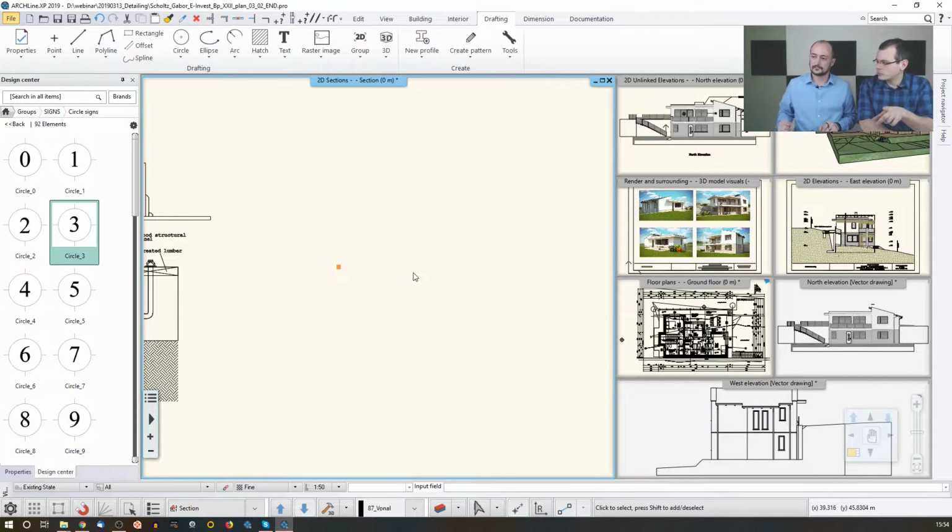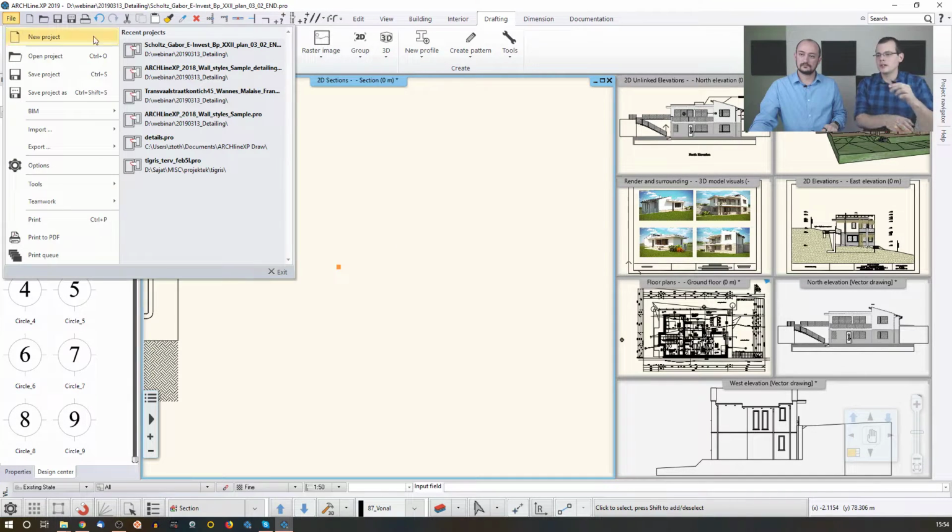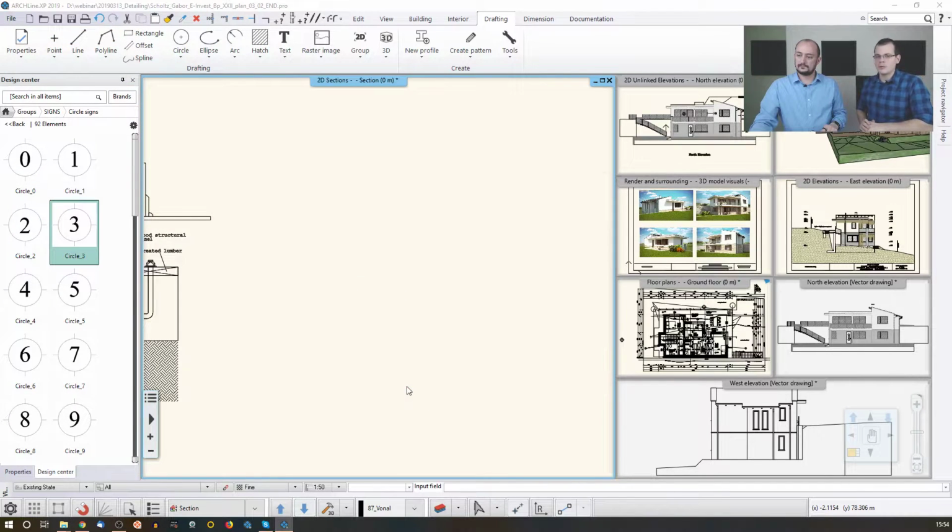Perfect. Let's talk about plot layouts, right? Because that's where everything comes together. Yeah. So I think we have a project available, and this is the part where I would like to thank our partner in Belgium, who supplied us with the plot layout and the model that we are going to look at. This is a terraced house close to Antwerpen,